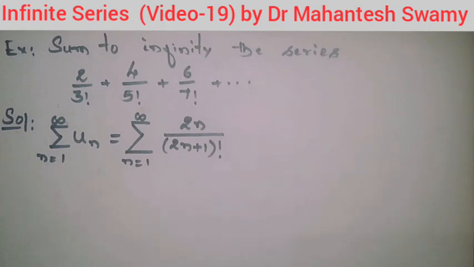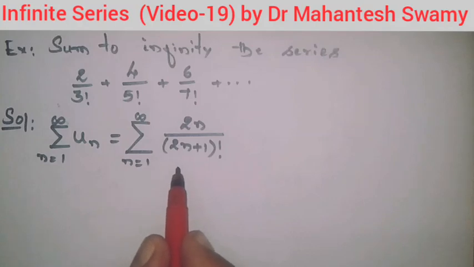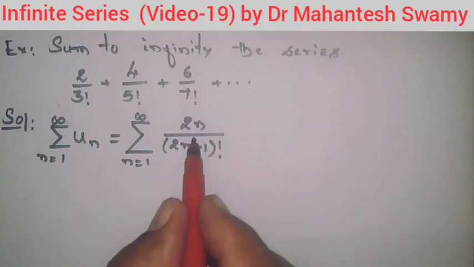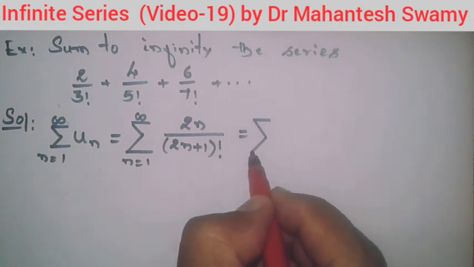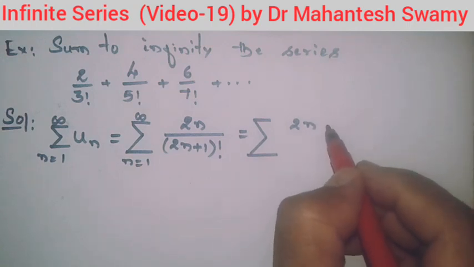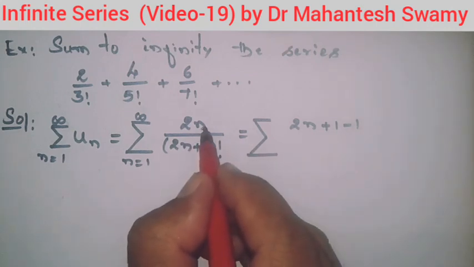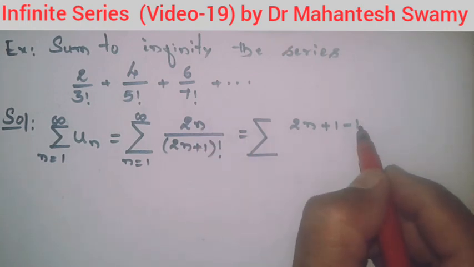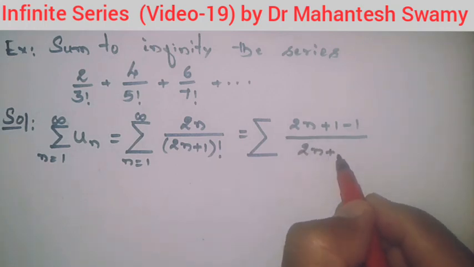Now it is required to find the summation of this by making use of our previous knowledge, which we have studied in the previous video, that is about the exponential series. Now it is better if we modify the terms here, like 2n as it is in the numerator. Let us consider plus 1 minus 1. So what I have done, I have added 1 to the numerator and subtracted the same 1, and the denominator is kept as it is.